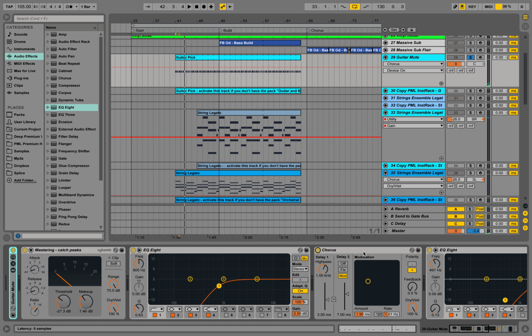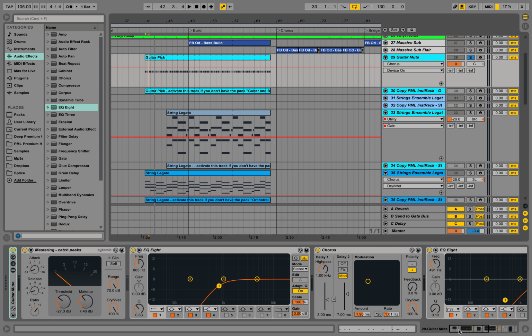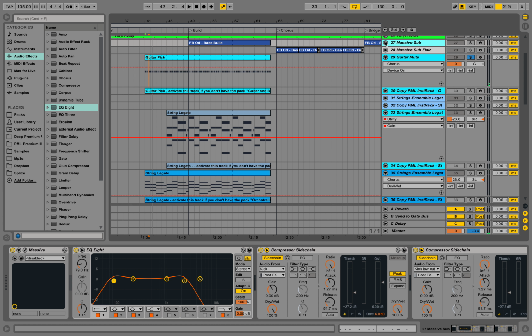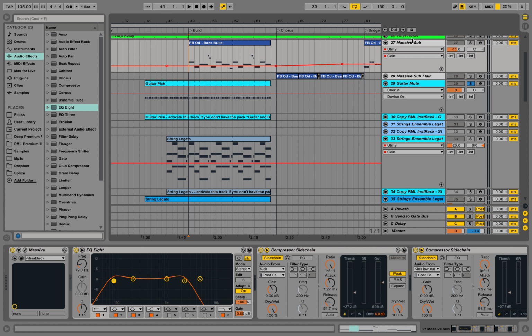Also gets this kind of distorted feel and kind of off the note feel. Simple delay on top, of course, mid-side EQ, mids out a bit, so stereo mid-side here, taking off the low ends in the mids because I really wanted to have that one on the sides. And then we have this left over, our sub bass, with the quieter one. And that one is